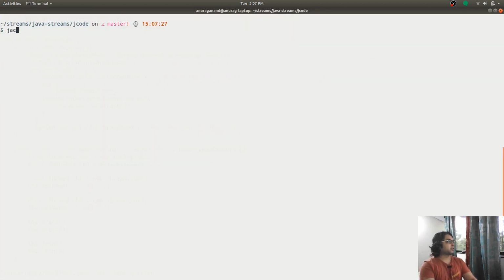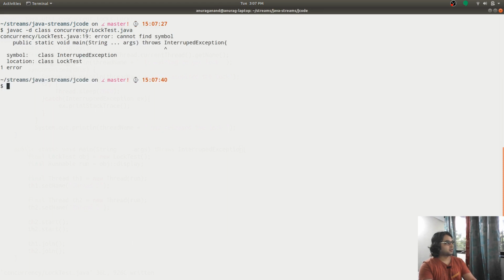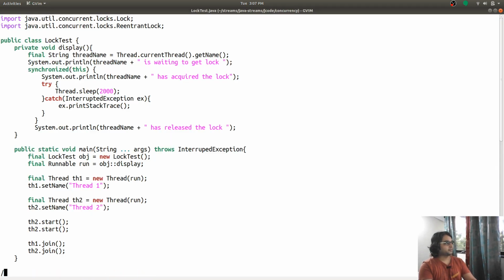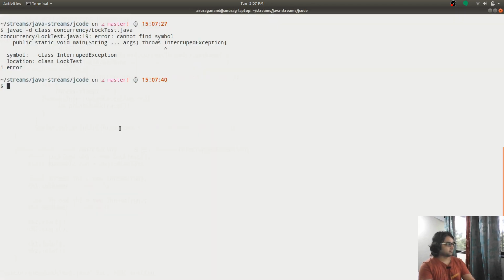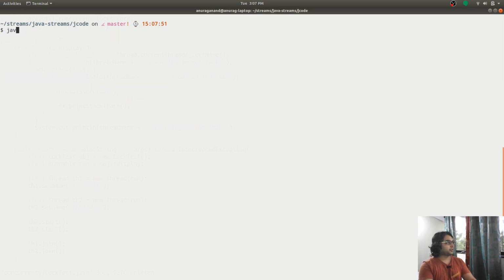Leave me out of it now. Compiled. I'm going to run it. I'm going to put this class folder on the class path, and then I'm going to call this LockTest.